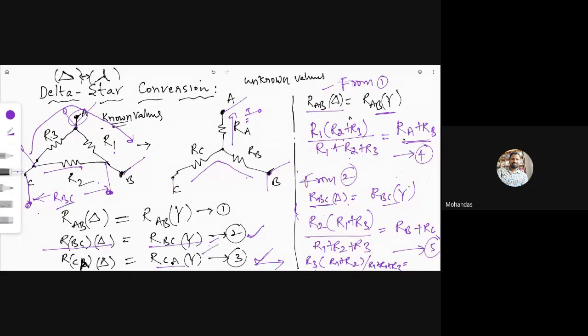By using equations 4, 5 and 6, if you do 6 minus 5, you will get one equation, and if you add that equation with respect to 4, you will get the RA value. And if you substitute the RA value in a particular equation, that means after getting these equations,